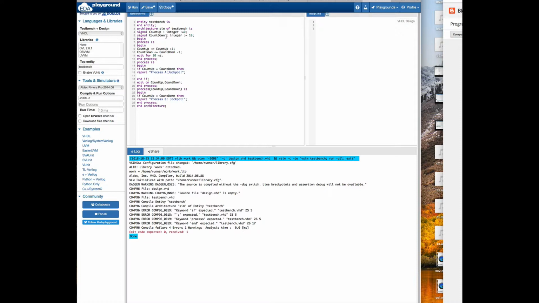Okay, there are some errors showing up. Let's see what that is. Entity test bench, end entity, architecture sim of test bench, signal count up integer is equal to 0, signal count down integer is equal to 10, begin process begin, count up is less than or equal to count up, count down is okay, wait for 10 nanoseconds, end process is begin, and if count up is equal to count down, then report process A jackpot,